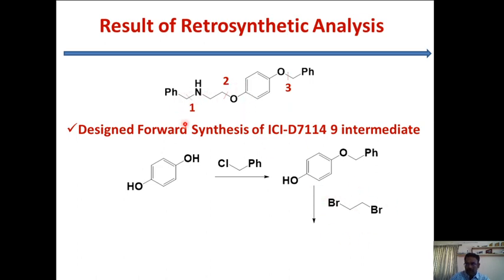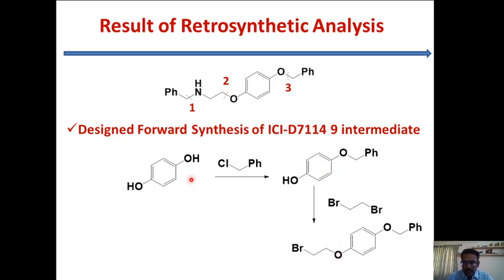Here we already did this first part. This is the best way to disconnect. We already discussed this. Among these two, we first break this bond because it is more reactive. So according to guideline number 3, the more reactive should be disconnected first. That's why we disconnected this first. So in the forward direction it will be the next step, because it's the last among these two. In the synthesis, it will be the second step. That's why in the forward reaction we do this alkylation as the second step.